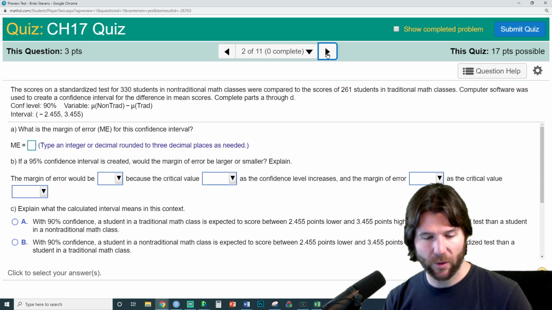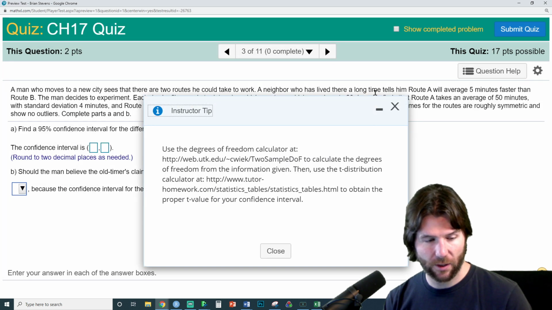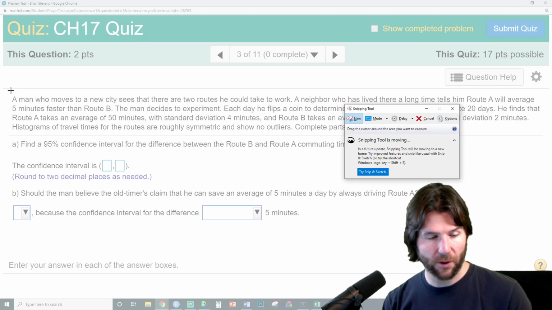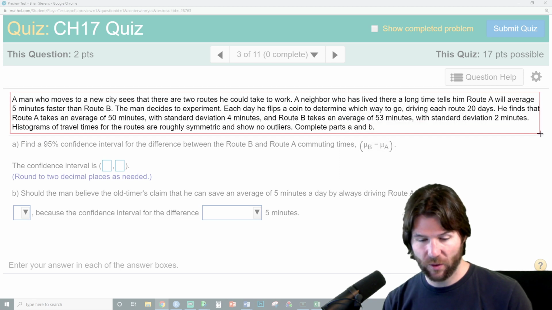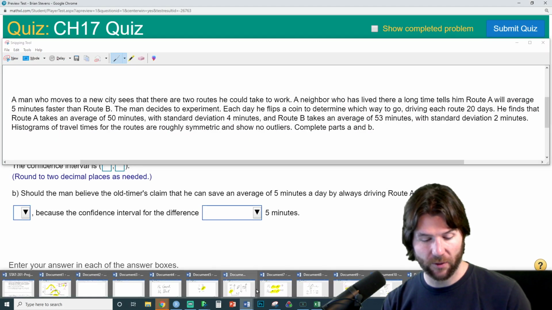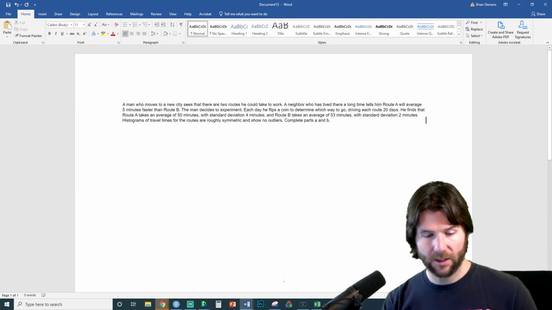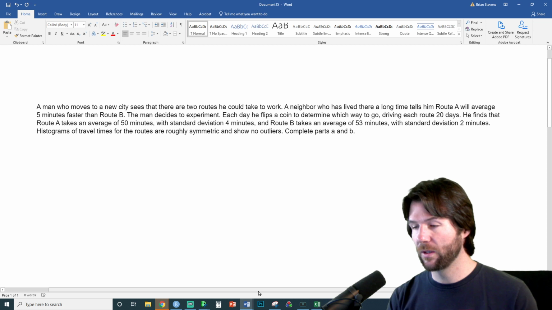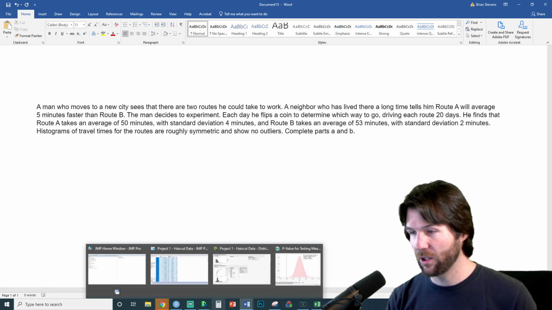Elias is wondering about the root A and root B question. Here we are with root A and root B. And so, Elias, for this question, we need to mark all the notation. Let's go in here, and we've got it ready to go. The first thing we're always going to do is mark all of our notation.